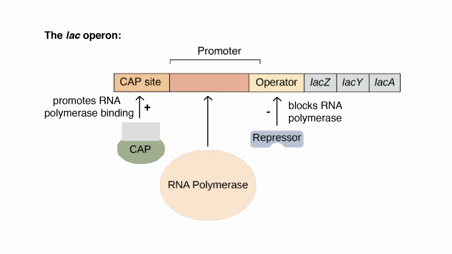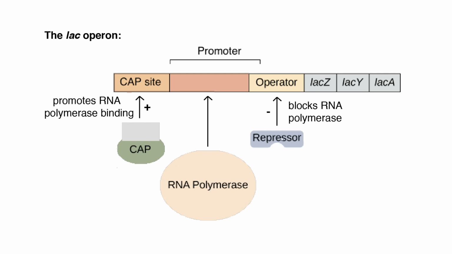In addition to the three genes, the Lac operon also contains a number of regulatory DNA sequences. These are regions of DNA to which particular regulatory proteins can bind, controlling transcription of the operon. The promoter is the binding site for RNA polymerase, the enzyme that performs transcription. The operator is a negative regulatory site bound by the Lac repressor protein